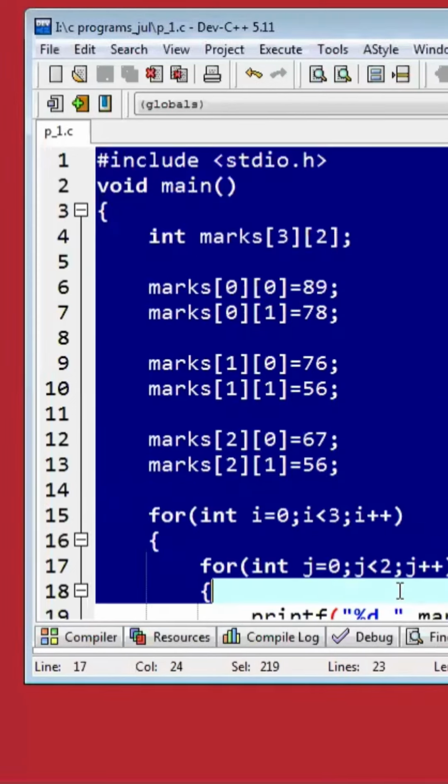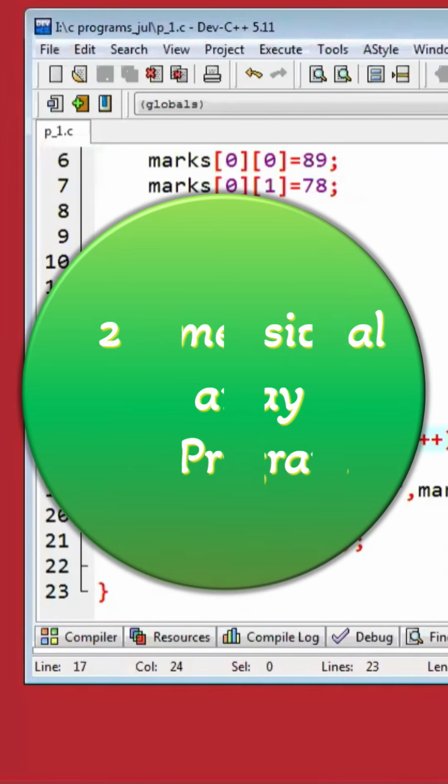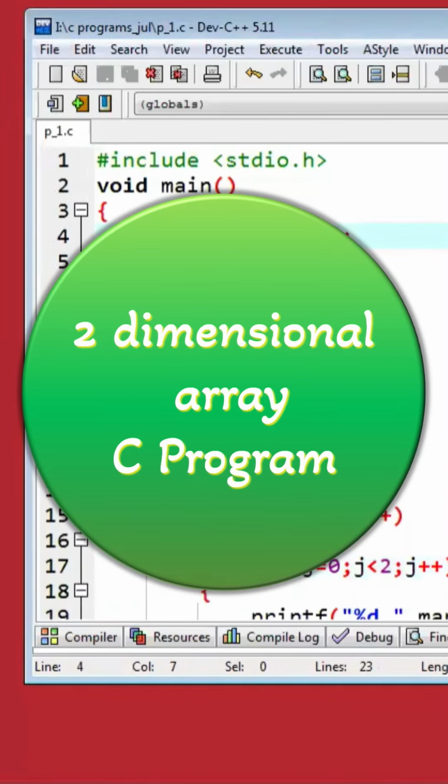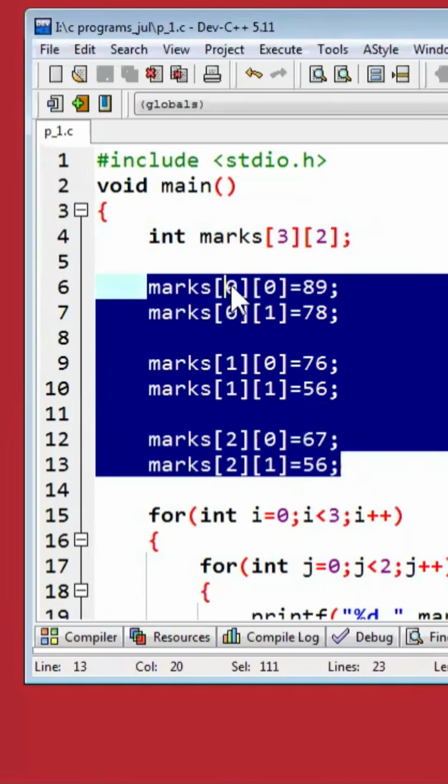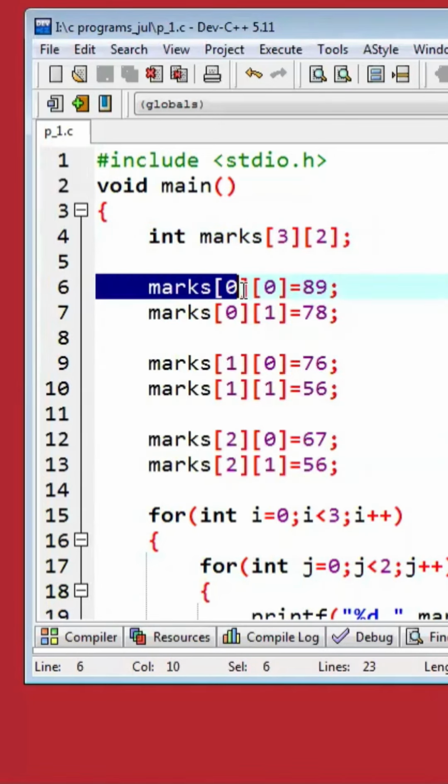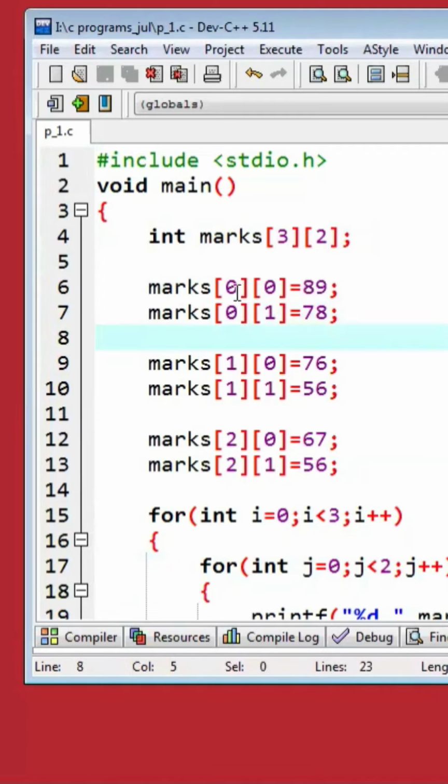On the screen, you can see a C program where we have used an array of type integer and the array name is marks. It is having 3 rows and 2 columns. And we have assigned to this array the array elements using the index of array. So first row will be having the index 0 and each row will be having 2 columns with the index